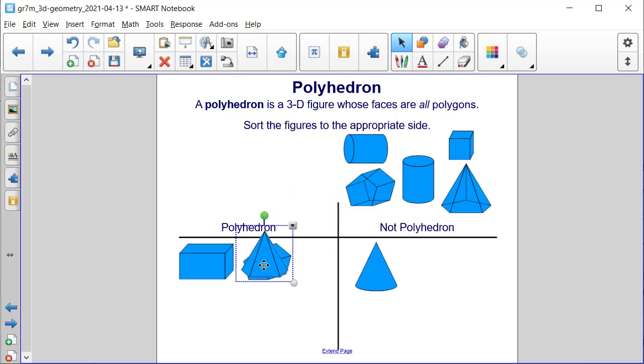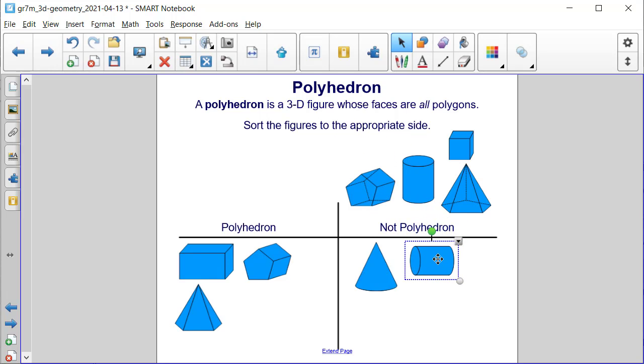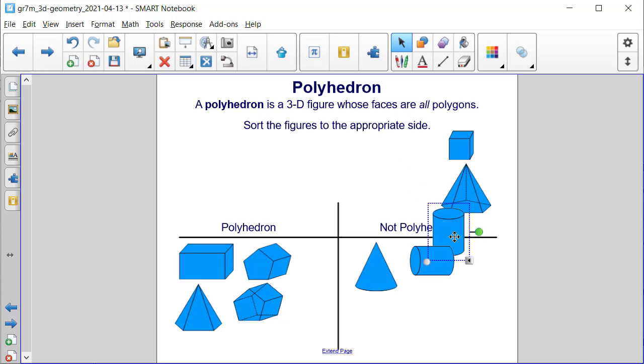This one is a polyhedron because all of its sides are straight and it's composed of mainly triangles. This one right here has curved surfaces, so none of its sides are polygons, so it's not a polyhedron. Here's another one that is composed of pentagons and rectangles, so it's considered to be a polyhedron. Here's another one that is not a polyhedron because it has curved